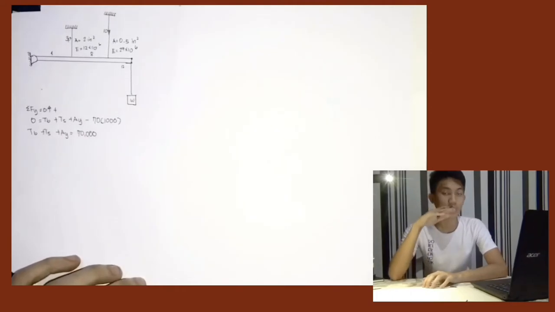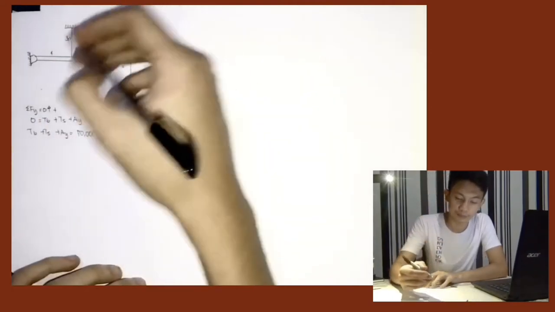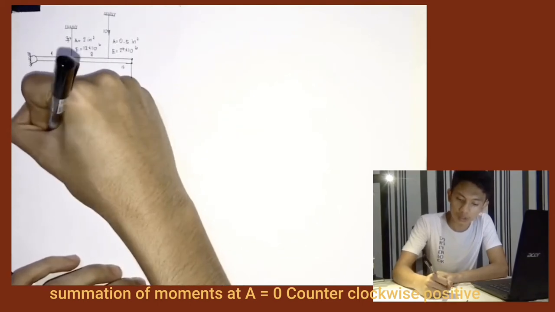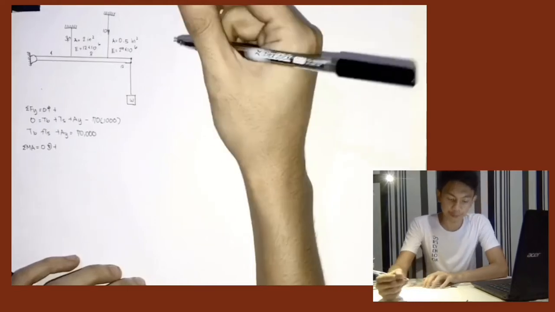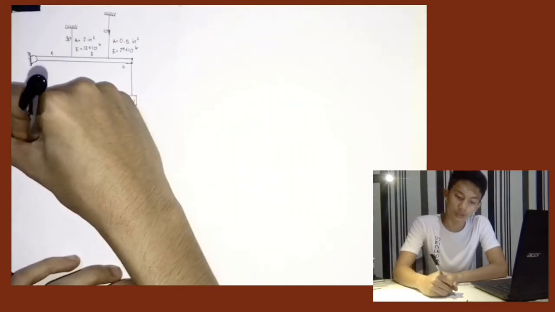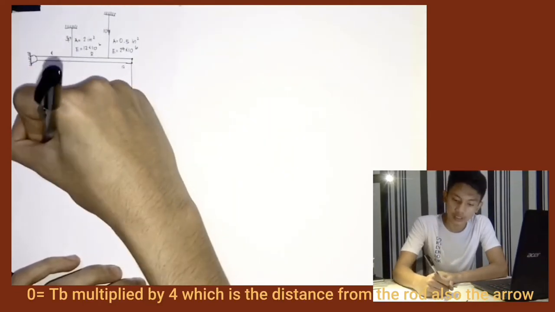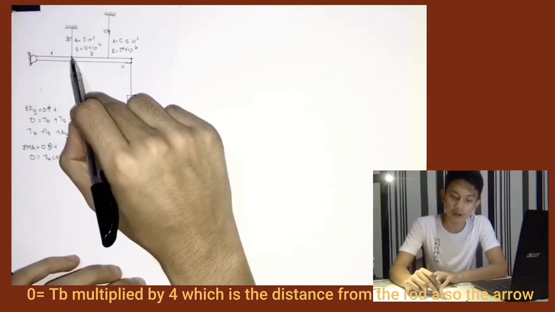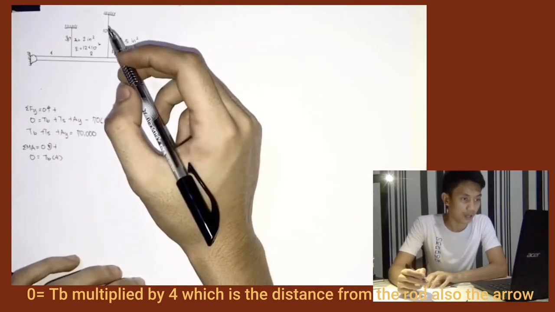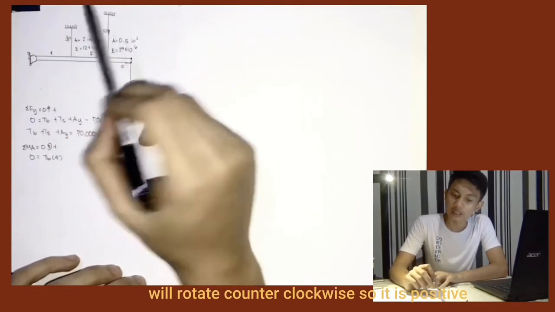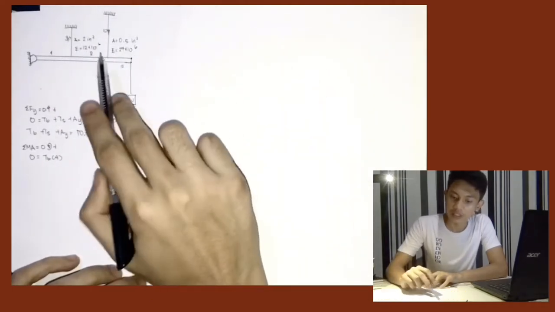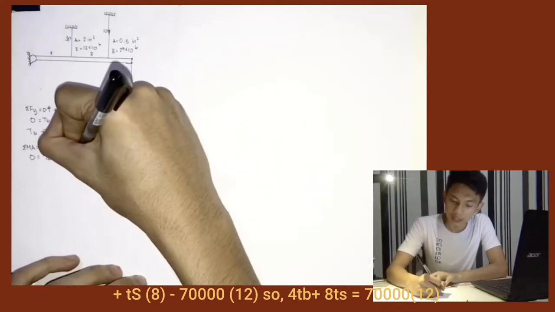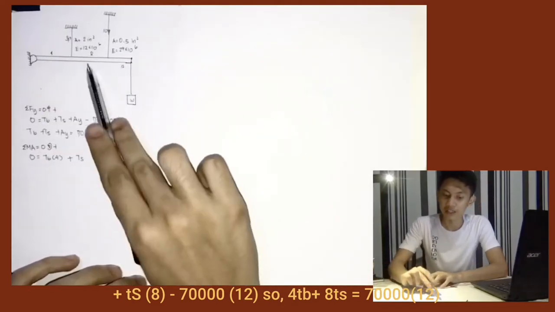Next, we need to get the summation of moments. So summation of moments at A is equal to 0, counterclockwise positive. So 0 equals TB multiplied by 4, because 4 is the distance from the rod. And the force will rotate counterclockwise, so it is positive. Same with the tension in steel. So plus